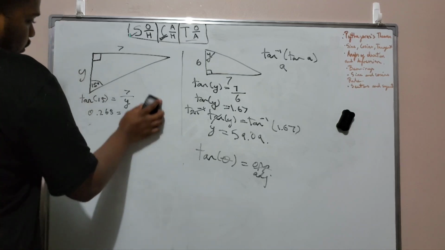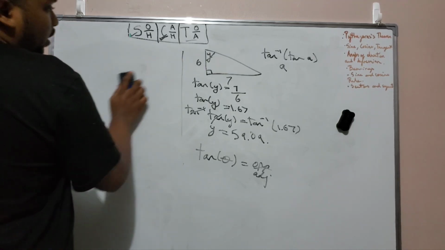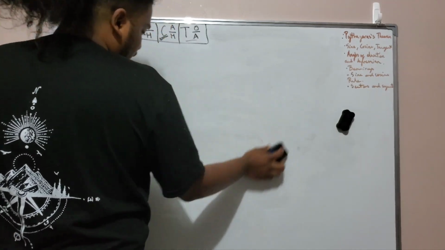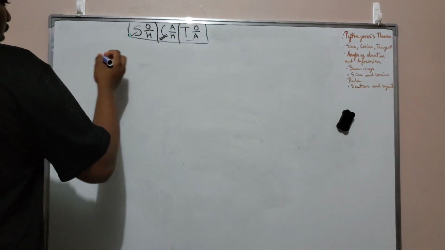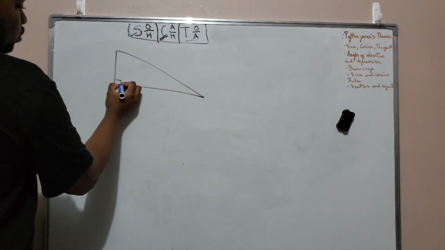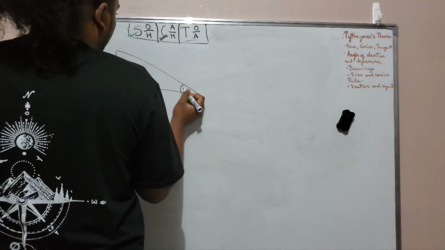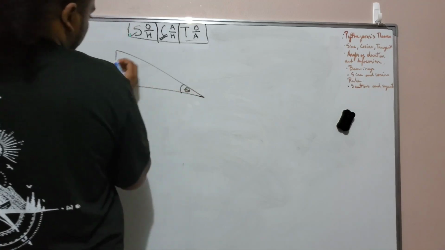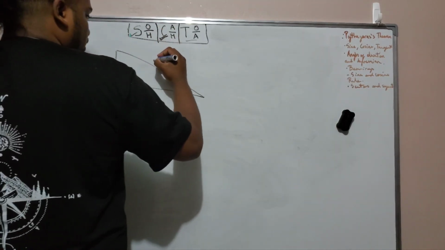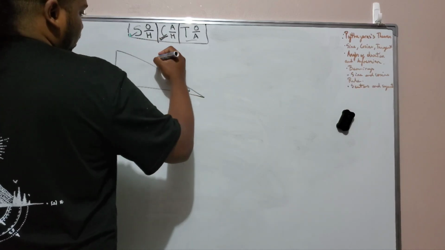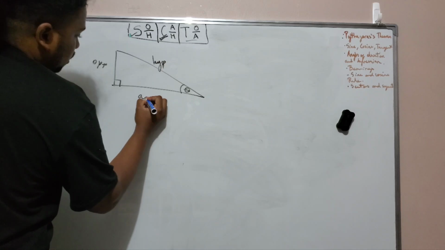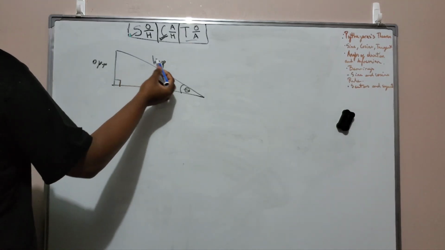Alright, so now that you know what SOH CAH TOA is, you could use that for any right angle triangle you have, where they just give you two variables and one unknown variable, and it's just for you to plug these variables into one of these formulas to solve for the other variable. So if you're given